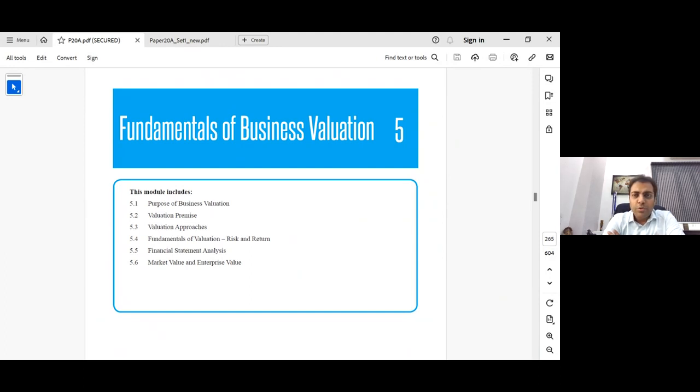Now, for those of you who may not be aware, valuation is considered to be a sunrise profession right now. There's a lot of regulatory improvements that has happened in the valuation space. Companies Act now recognizes business valuers, which was not there earlier. So it is a full-fledged career opportunity. There are multiple regulations under which valuation is required to be done. For example, there's a concept of a registered valuer, which, like I said, has been recognized under the Companies Act,